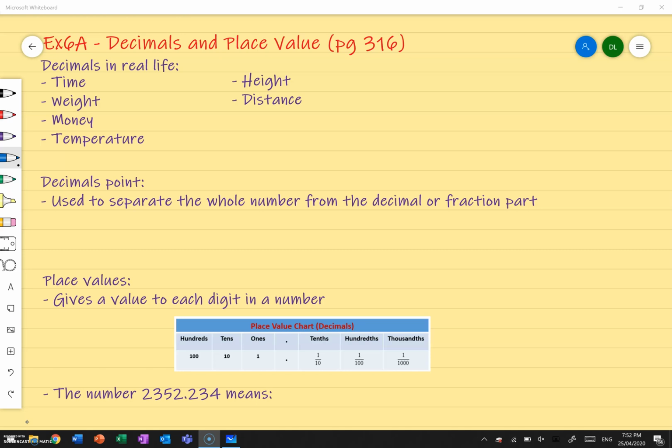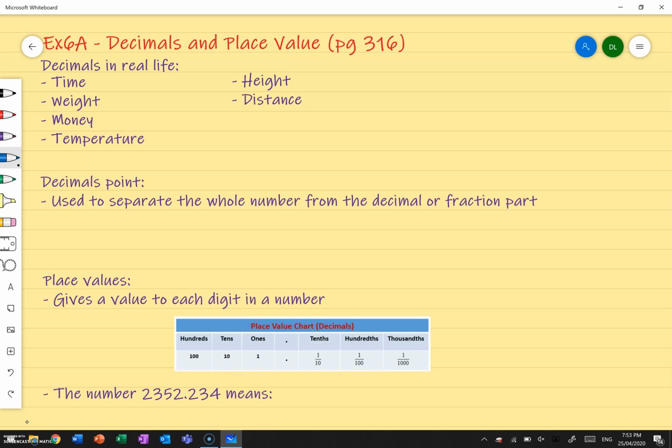So I think a lot of you will be quite familiar with what textbooks say about decimals, and we know that decimals in real life, we use them because there's a lot of numbers that describe numbers between numbers, if that makes sense, right? So decimals in real life can be used to describe lots of different measurements in between whole numbers. So for example,